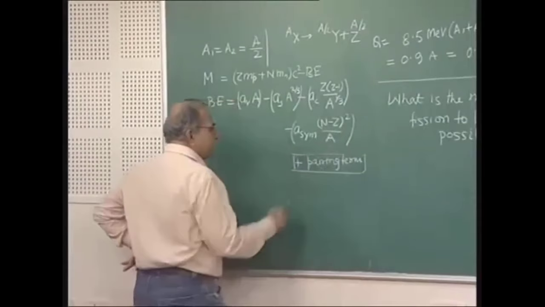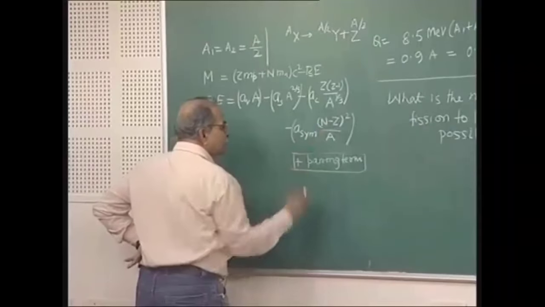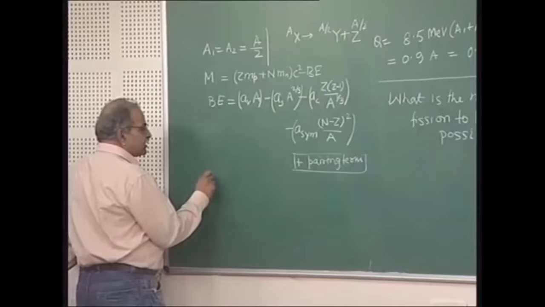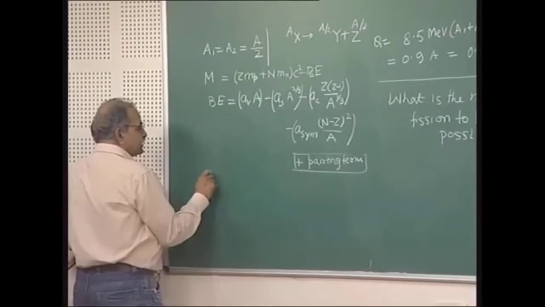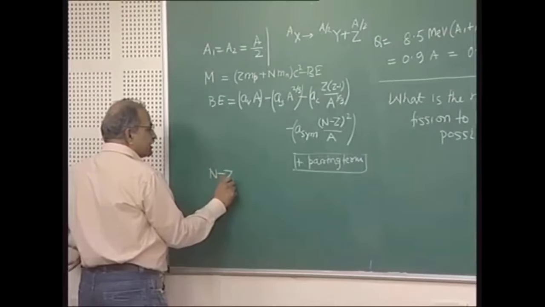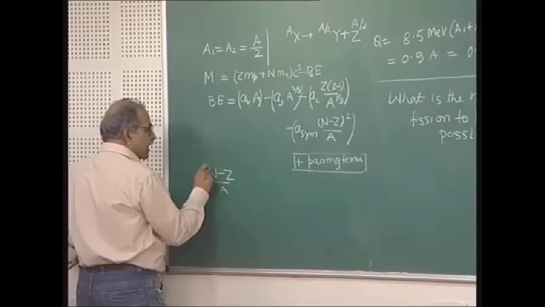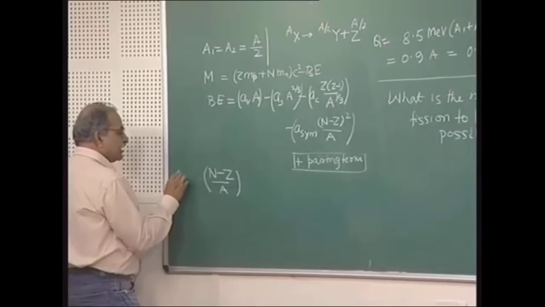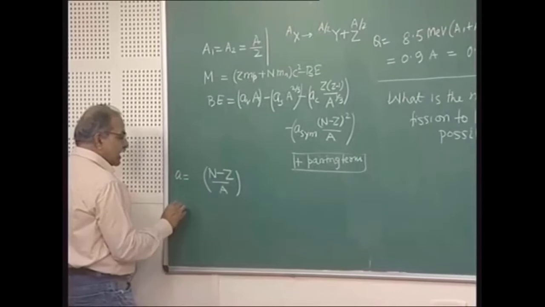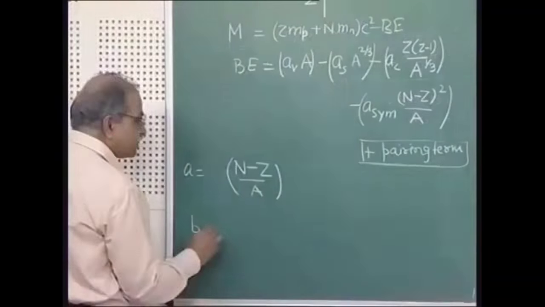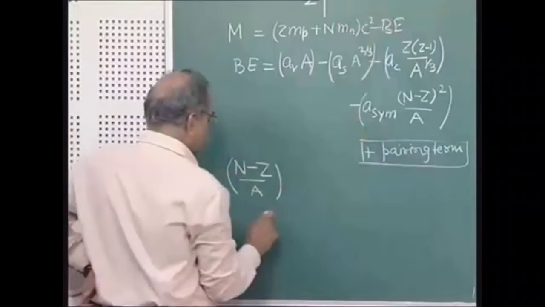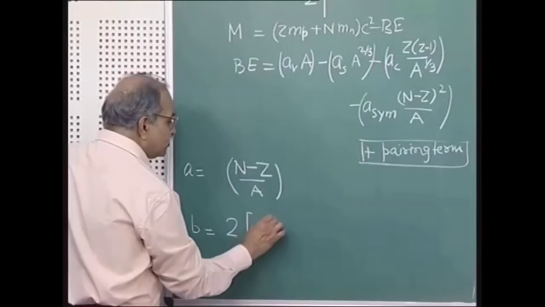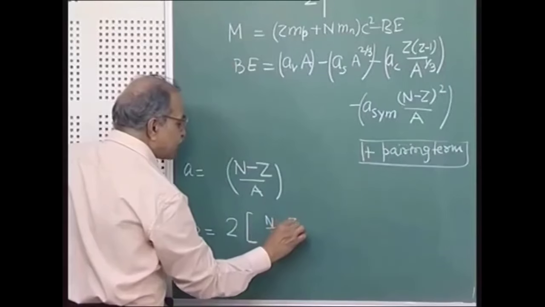What happens to this symmetry energy? N and Z are unequal. Because of that, you can work it out and you can see that this also remains unchanged. So, initially it was (N minus Z) squared by A, this was the initial term. So, let me call it just some a, and after this split you have 2 of them. So, 2 times, and N becomes N by 2 and Z becomes Z by 2,